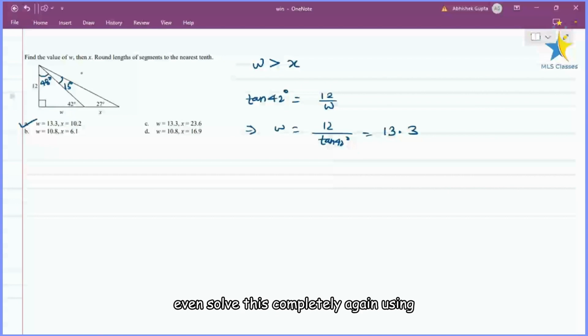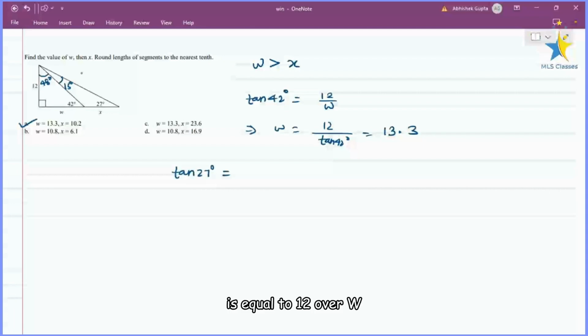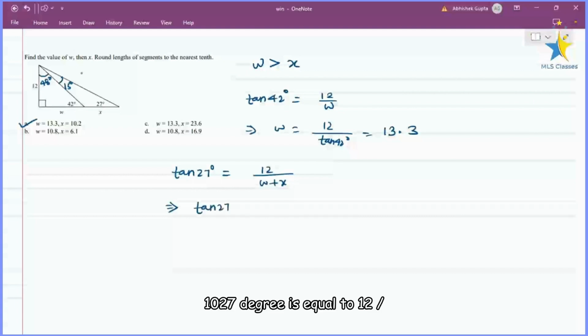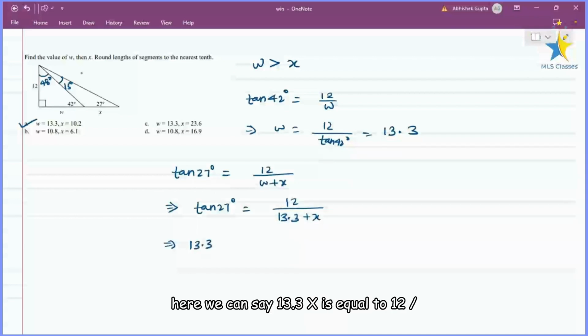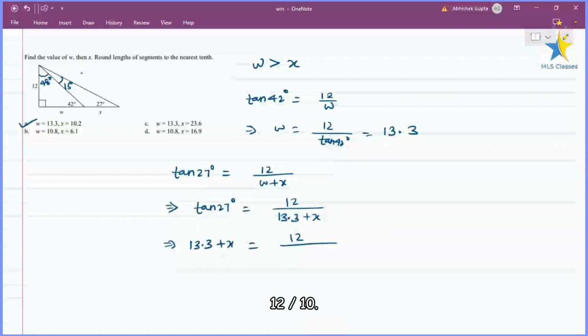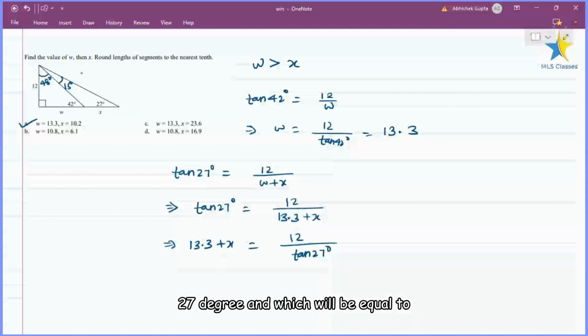Now we can even solve this completely, again using tan. So we can write tan 27 degrees is equal to 12 over W plus X. From here we know the value of W. So we can say tan 27 degrees is equal to 12 over 13.3 plus X. So from here, 13.3 plus X is equal to 12 over tan 27 degrees, which will be equal to